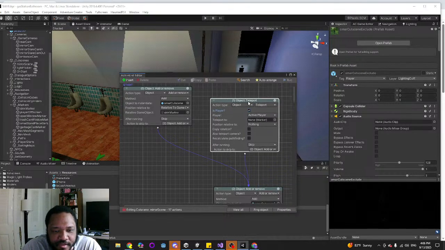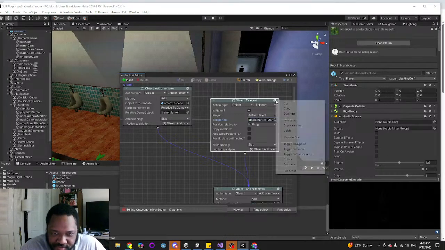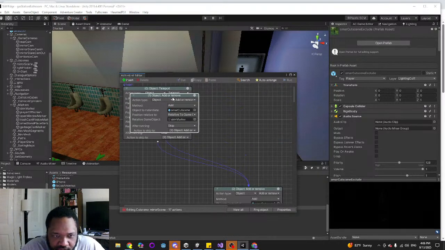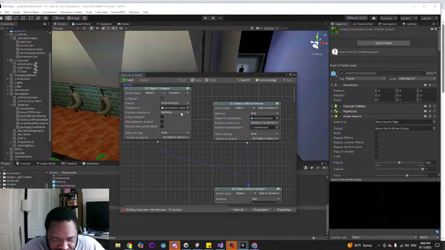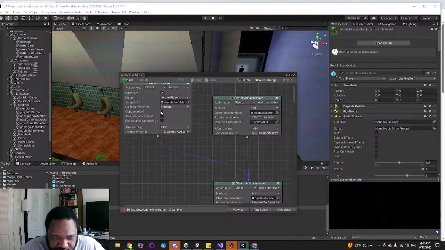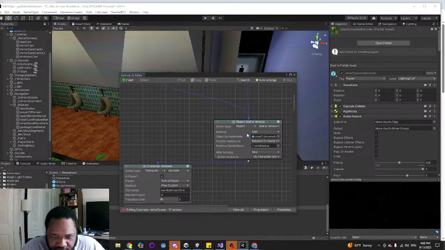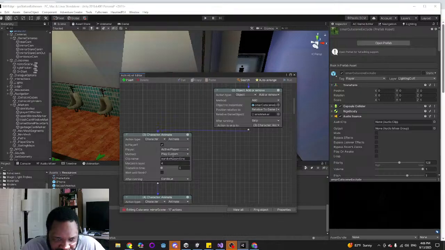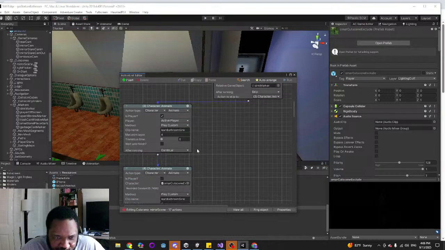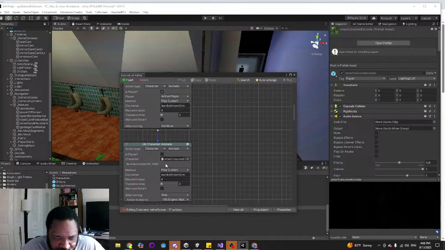So I don't think I actually need to create a duplicate of the player. I think I can just teleport the player themselves. So let's make sure this works. The player is going to teleport to the sink. Then I create the mirrored image of the player, and the player is going to lean over the bathroom sink.